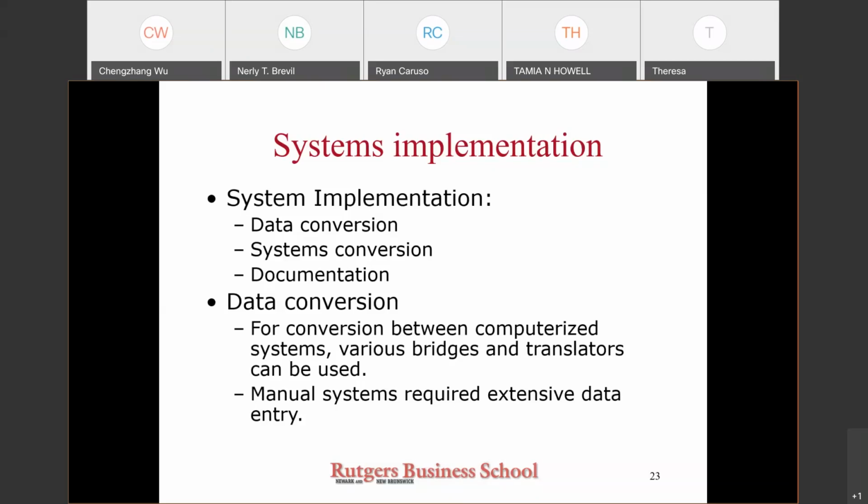Obviously, this conversion option can be traumatic for users accustomed to the old system. In the event of a major deficiency in the new system, the organization is left with no backup system. Sudden switch conversion is a high-risk proposition